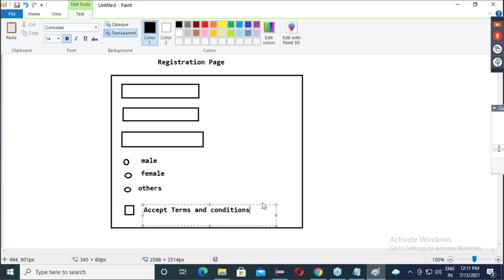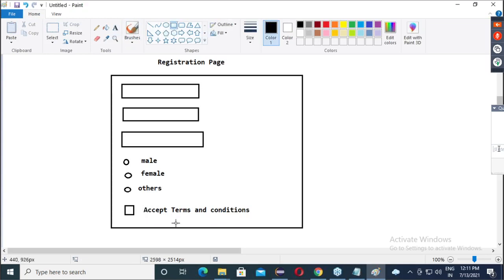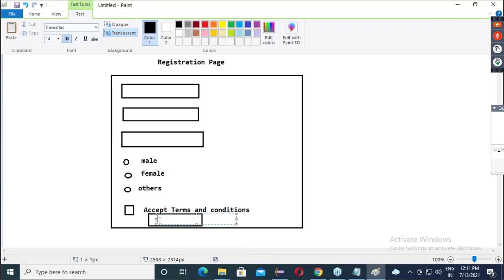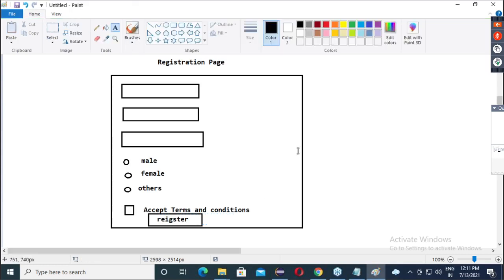Once this part is done, then we will have one button, let's say sign up, or submit, sign in or register, anything you can say. So like this we will have a button. Now guys, this web page we will design here. So how many fields are here? Text box, radio buttons, checkbox, normal button.